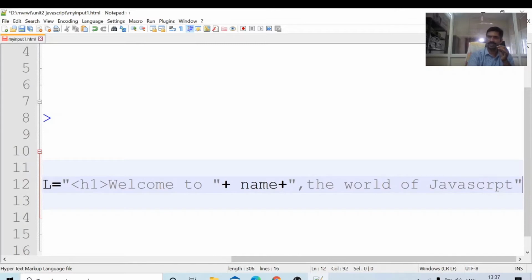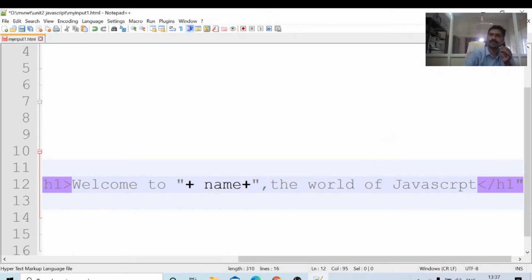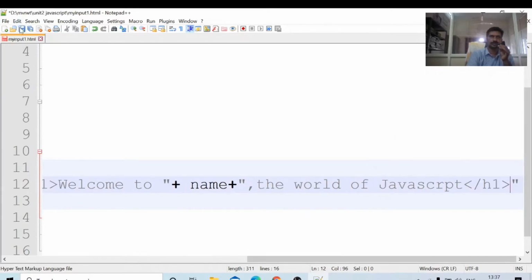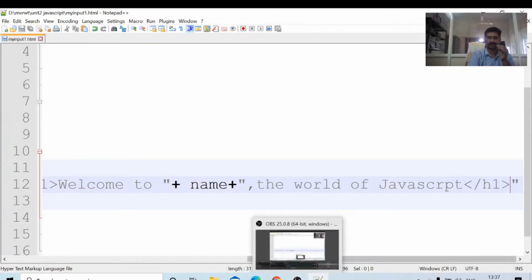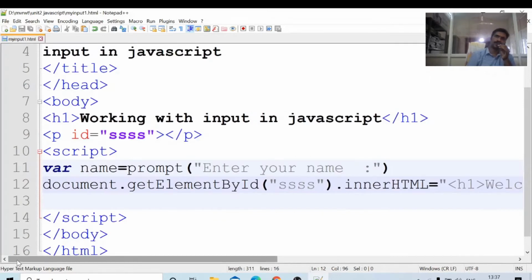And the same can be achieved using the document.write method also. Those who have not seen the previous class, go to the previous class. This is one way of outputting: document dot getElementById dot innerHTML. Welcome to JavaScript.